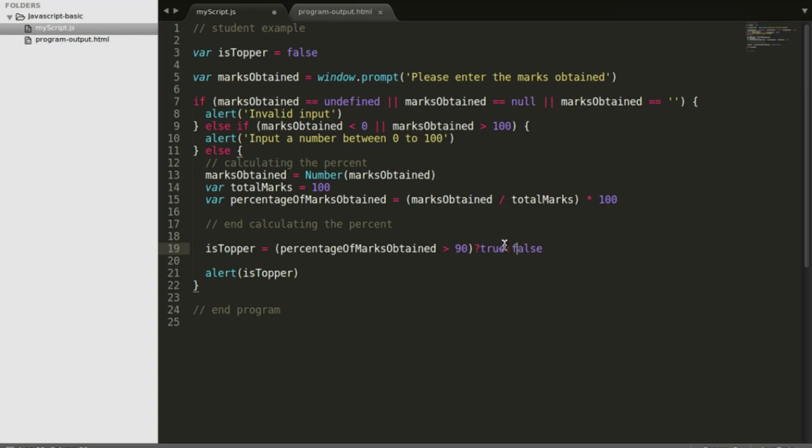So if the condition is true, I am assigning the value true to isstopper. If the condition is false, I am assigning the value false to isstopper. Okay, and so on. So I guess that's all I wanted to cover in this ternary operator discussion. Let's move on to the next topic,